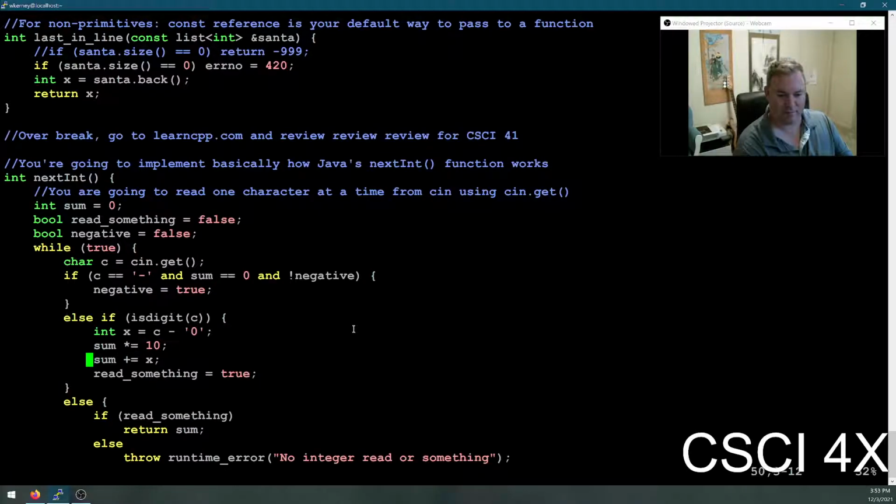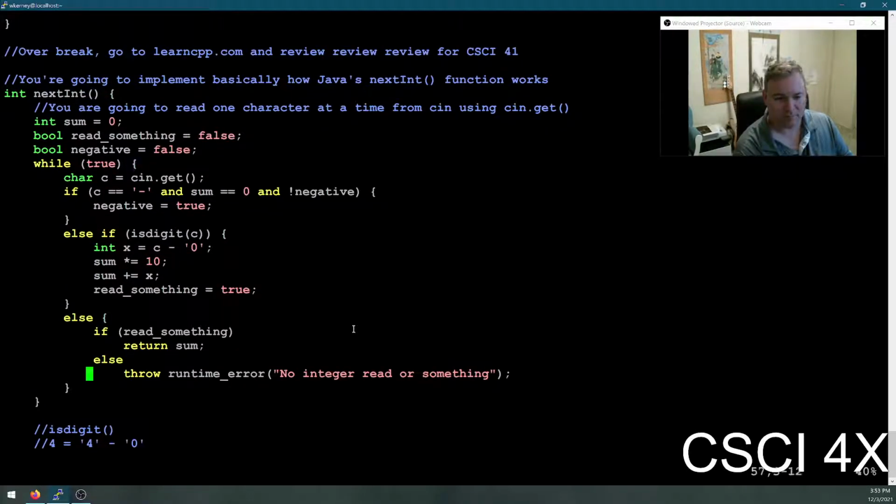Otherwise this, otherwise that. This will only work if we are on the first letter and we haven't read any negatives yet, because technically this doesn't change the sum at all. So we have to check for both of those. If the very first letter is a hyphen, we're good. Otherwise,